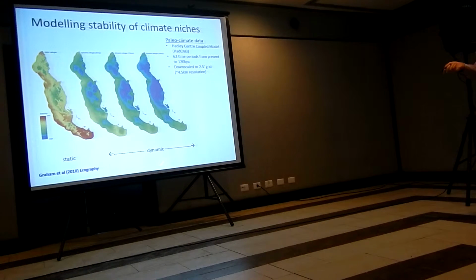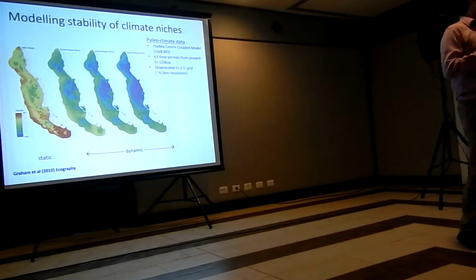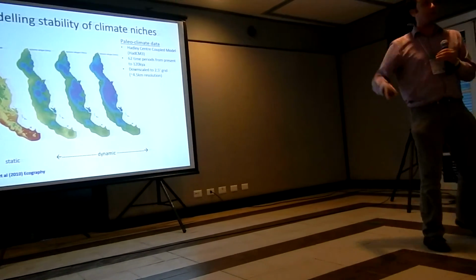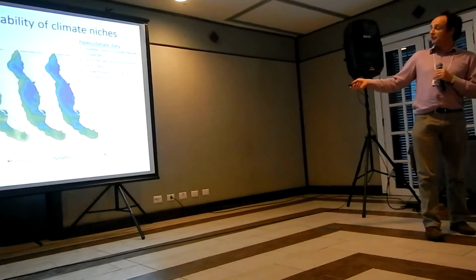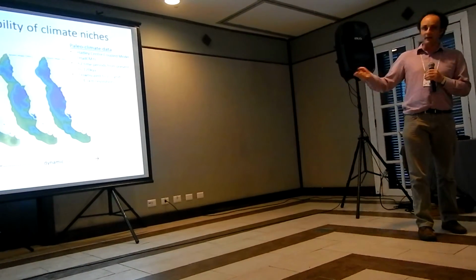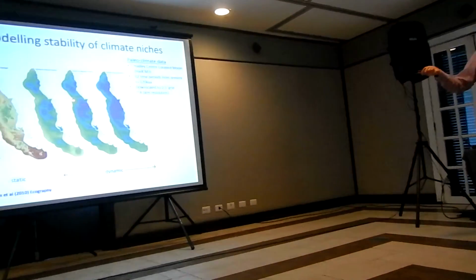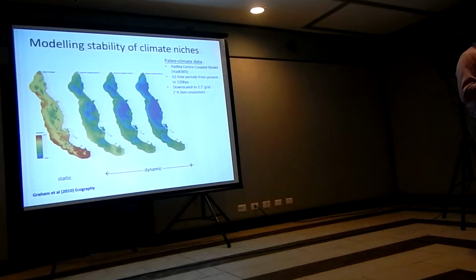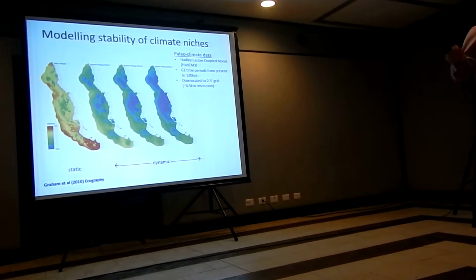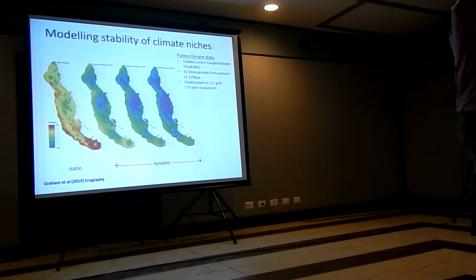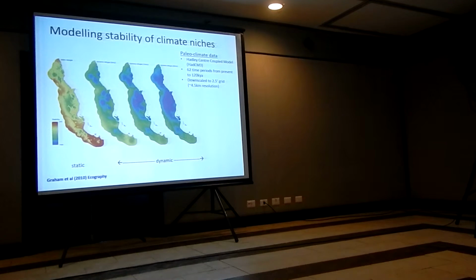And then what the stability model does is it basically assesses the degree to which a particular pixel has been continuously suitable for rainforest over that time. It's a geometric mean of habitat suitability, and you can do that either statically, treating each pixel independently, or a dynamic model, as illustrated from that Graham et al. study, where you're saying that the habitat can be continuous, which can be connected through space and time, even though it's shifted perhaps up or down slope or on latitudinal gradient, to track climate over time.